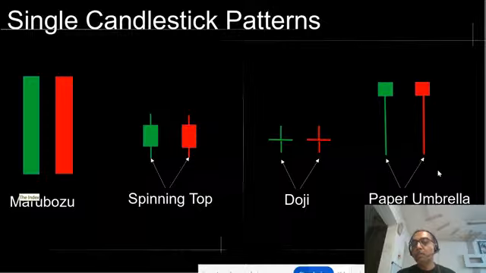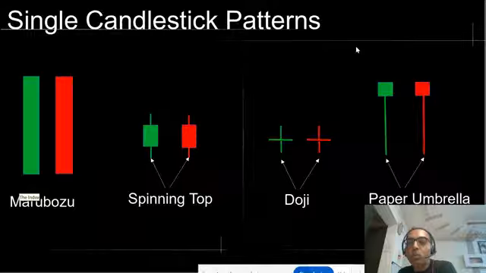There is a paper umbrella pattern. It depends how you call it, as a hammer or inverted hammer, right? So there is a body at the top and then a big wick. In case of a green candle, what has happened is the price opened at this low, then bears or sellers tried to push this price to the bottom, but then eventually buyers came in and started buying and pushed this price higher. So this is a kind of positive sign that the buyers are winning this contest, and exactly the opposite is this red paper umbrella.